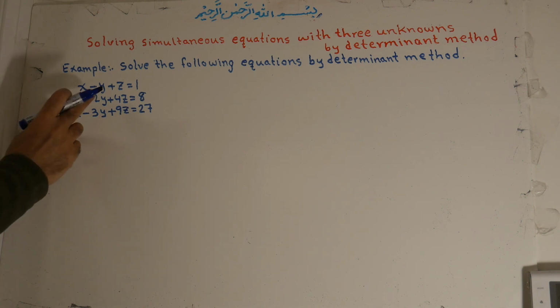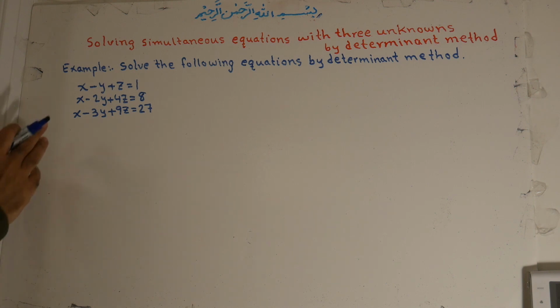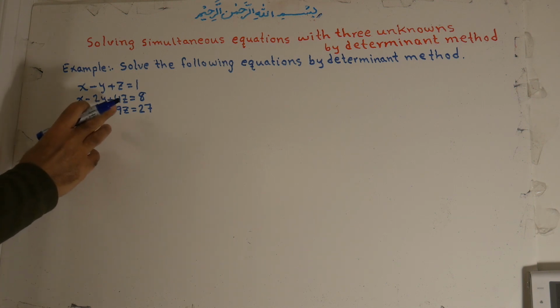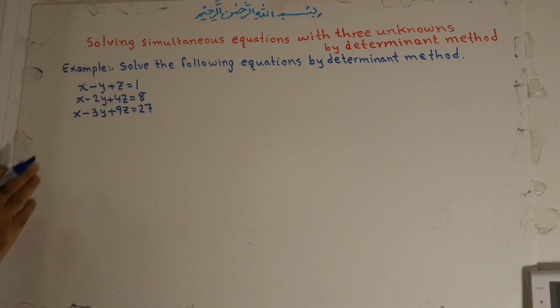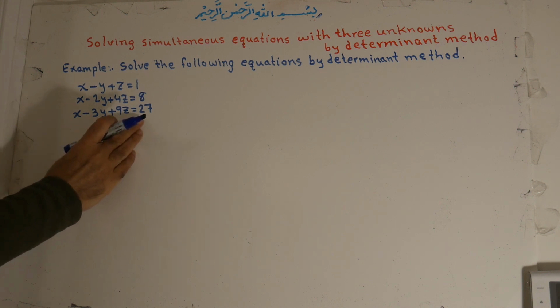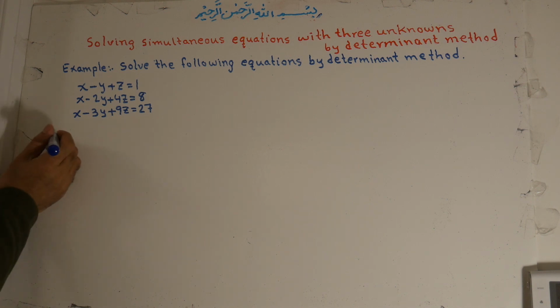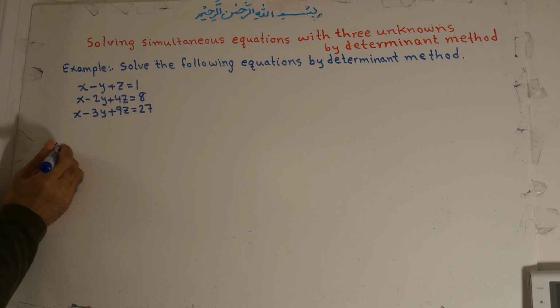x minus y plus z is equal to 1. x minus 2y plus 4z is equal to 8, and x minus 3y plus 9z is equal to 27. Now we solve this one for x. When we solve it for x, we write here x is equal to